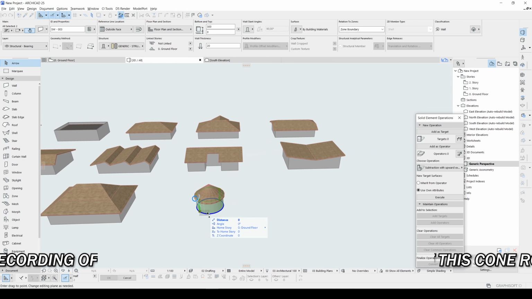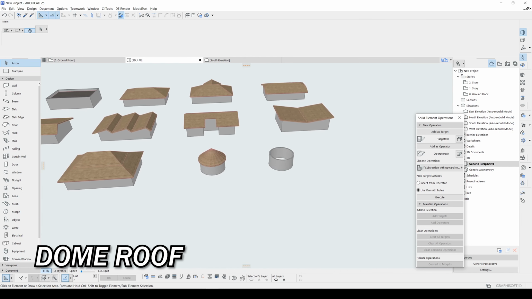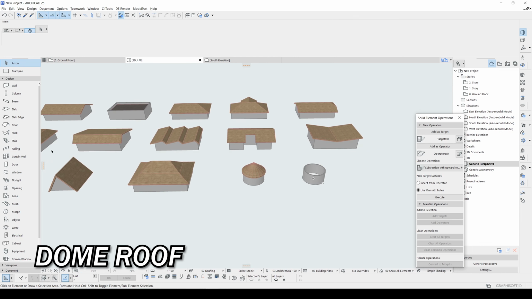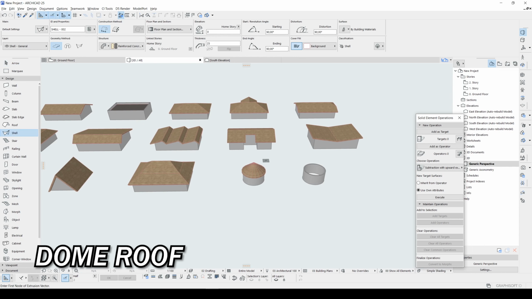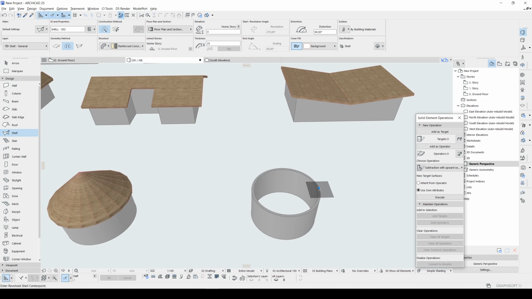Let's copy those walls. And we are going to create a dome. To achieve it, we will use shell. And the geometry method will be revolve. And the construction method will be simple. We will start from the center. Let's hover over our wall and we will see our center point.